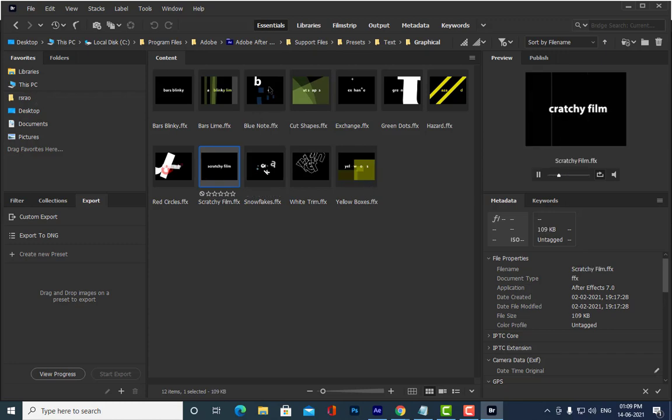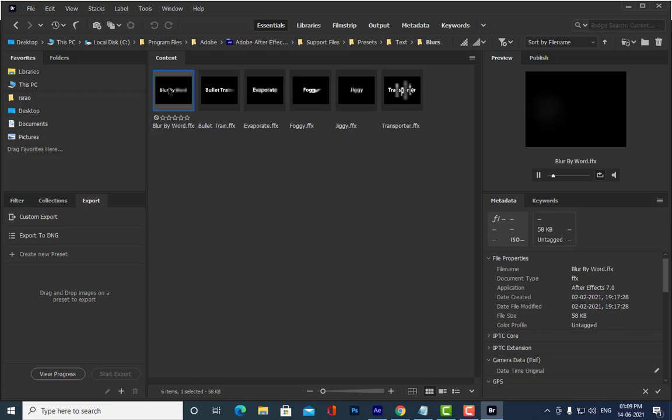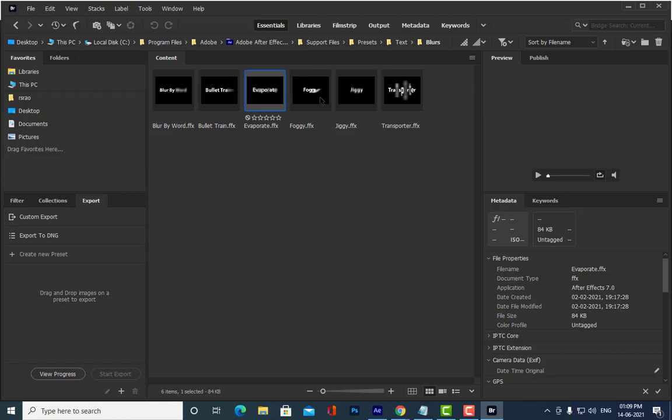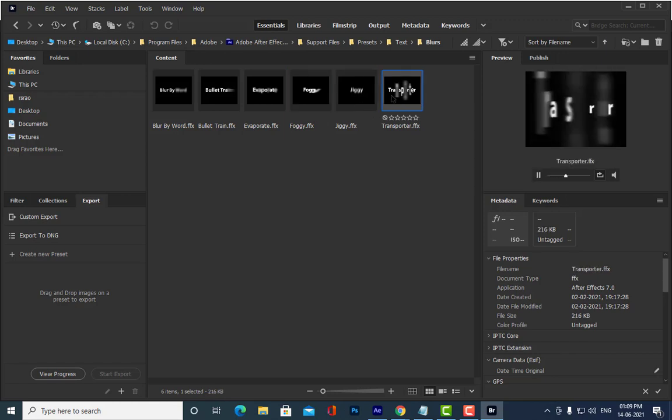This is not so interesting actually. We'll see some more things. See here, blur is there. Bullet train. Okay, this one is nice.